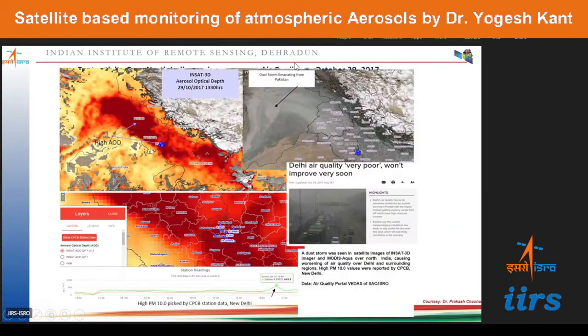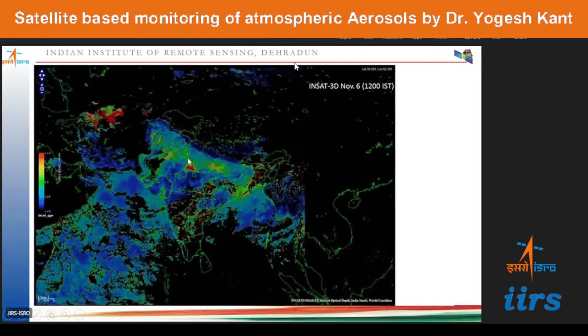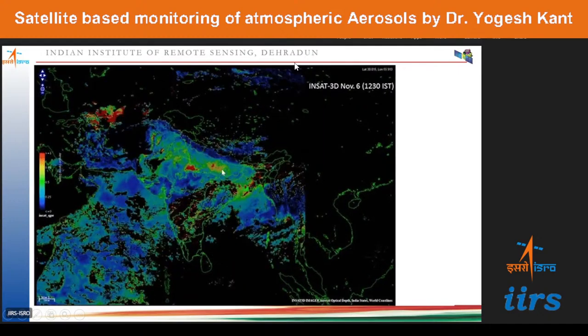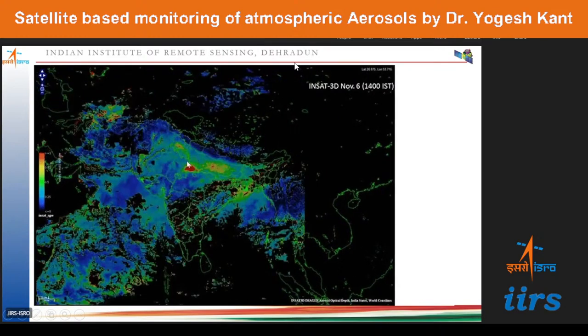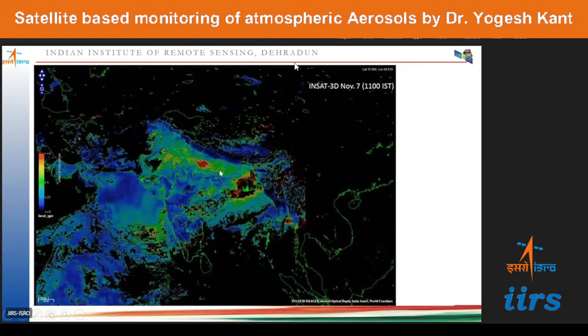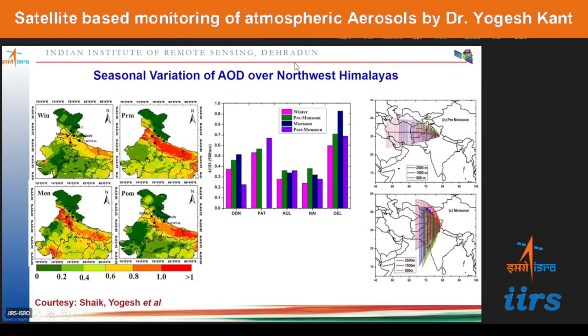And you see the composite one, the thick smoke or the dust from this pollution level. So we can build up an animation. In the same thing, we can see in the animation, every half an hour we have an image, and we can see the level of the concentration, how it proceeds from one place to another place. This is a glimpse of how it can be used.